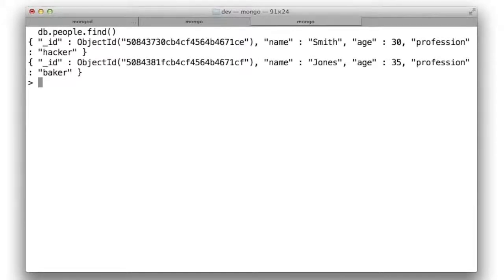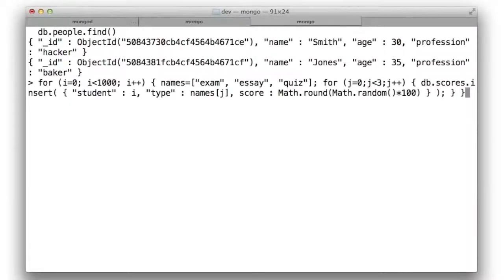Alright, let's learn some more general things about querying. As you already know, if you enter db.people.find with no arguments, you'll retrieve all the documents from the people collection. At this point, the people collection has just 2 documents, so it's not that interesting for doing queries. Let's construct a collection that has many more documents in it with some more different data for the purpose of